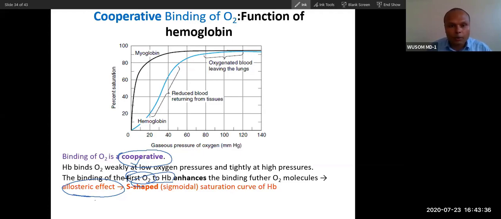Did you understand the difference between these? This cooperative binding is not present in myoglobin. It is only present in hemoglobin. That is why initial binding is difficult here, and you can see the slope is not very steep at first. Then once oxygen binds one of the members, there will be a jump. And after oxygen occupies all the members, there will be a plateau. So did you understand this sigmoid shaped curve, cooperative binding?